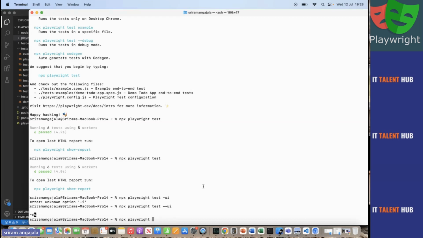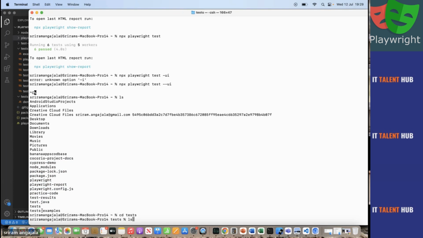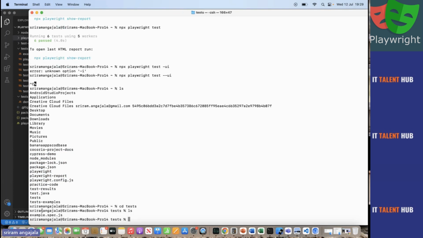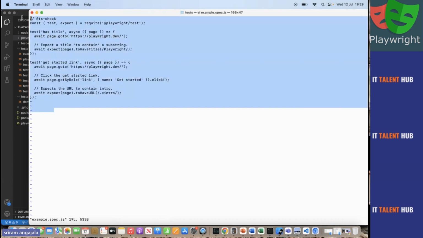So what exactly happened is, if you see my command, because I had created the test, there is a particular set of tests, and because I already said that there are tests. Okay, so you can see here example dot spec. So that example is the spec. So this is the code that is already generated. Okay, so this is all done by default.